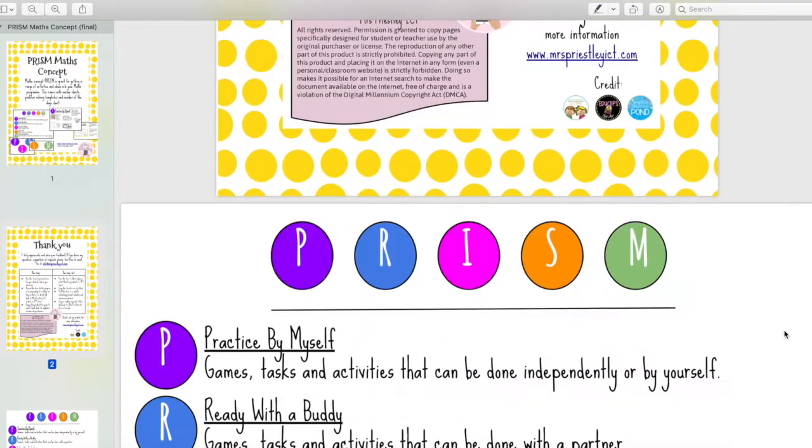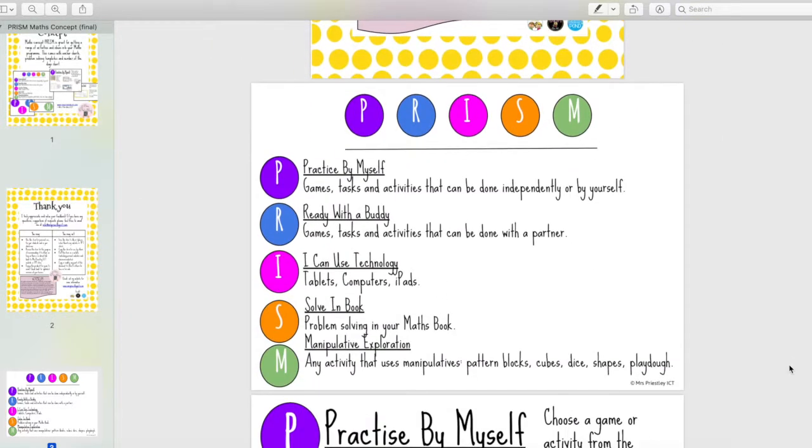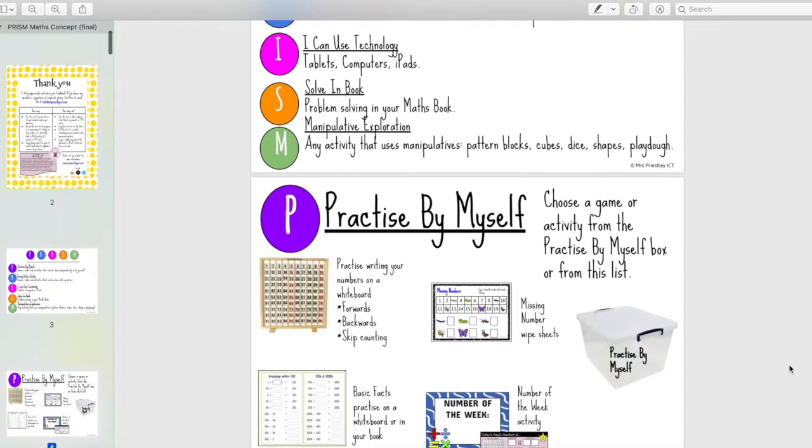This is what it looks like. I'll zoom out a little bit. And what it comes with is a title page like this, which shows you obviously the letters down the side and what each of them stand for. So I have this page on the wall in the middle, and then I put each of these display charts